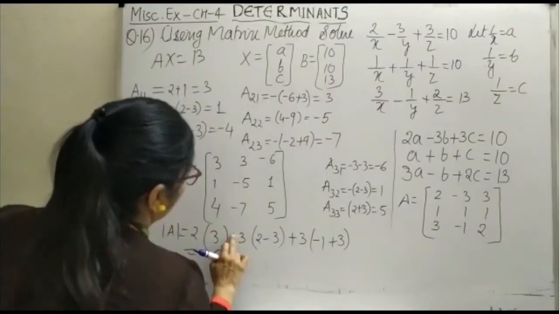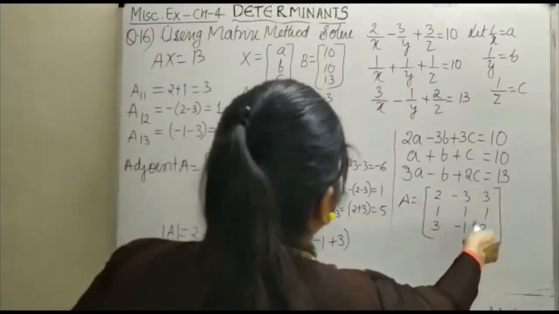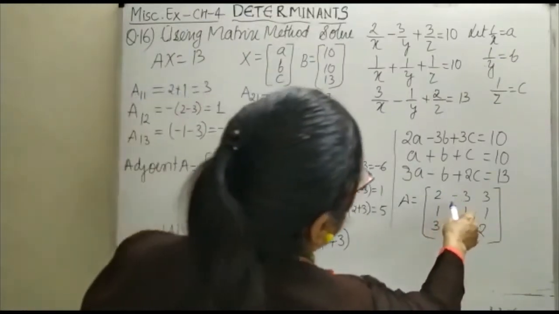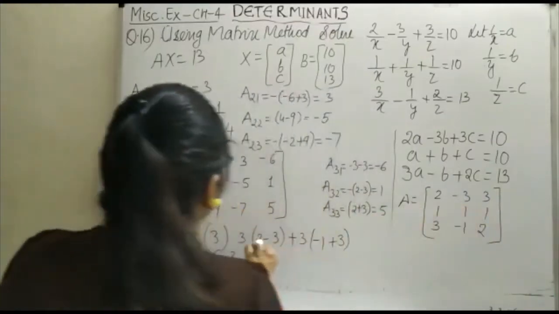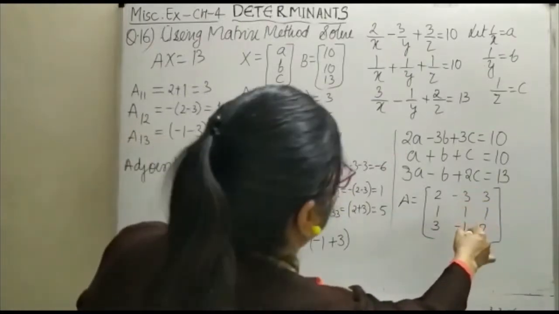Just a minute, it will be your 2. 1 into 2 and this plus 1, so it is 2 into 3. Good. Next is minus 3. In the minus 3, 1 into 2 and minus 3, it will be minus 3. Then plus 3 it is minus 1,